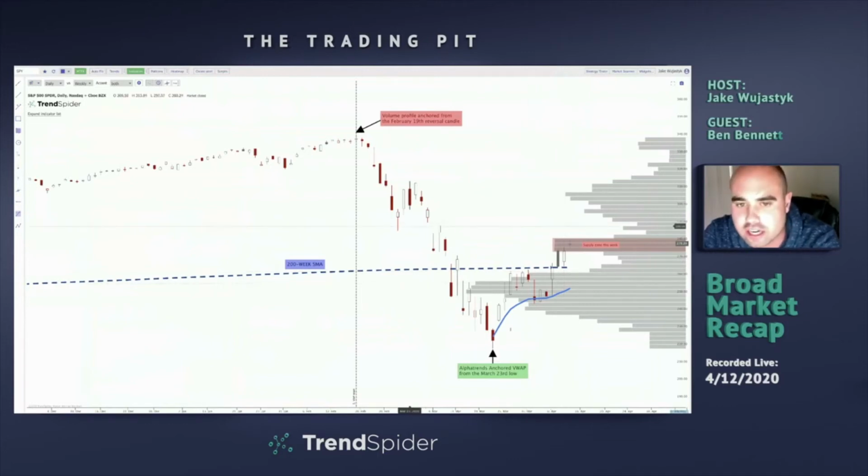So the first thing that I want to mention is, obviously, we've been using this anchored volume by price from that February reversal. We used the Alpha Trends anchored VWAP at the very low on March 23rd to get an idea of where we may catch a bid. And so last week we were talking about how the price was really respecting this area down here, this anchored VWAP. And what we can see, what happened last week, was just a perfect bounce once again off this anchored VWAP.